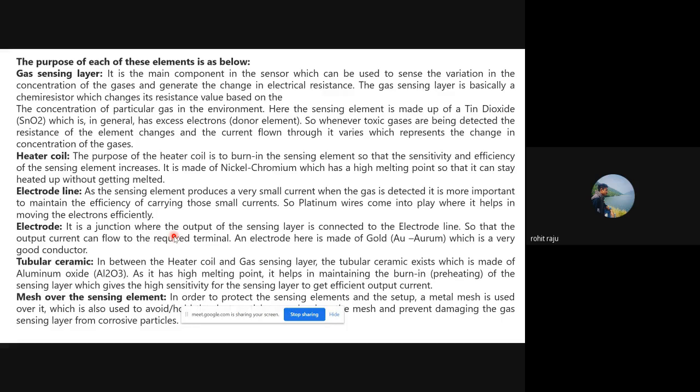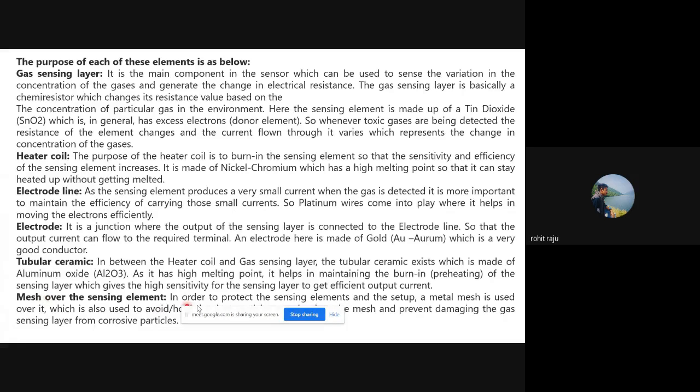I showed you in Tinkercad, right? It has some small holes like a netted kind of structure. This sensor should be protected from the environment because it's very sensitive. You can't afford to do any damage to the actual sensor, so you need a physical layer above it to protect the sensor from any kind of physical damage from outside. This mesh doesn't do anything special. It's just for protection of the sensor.